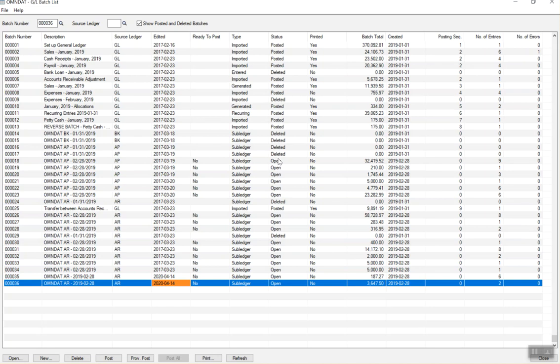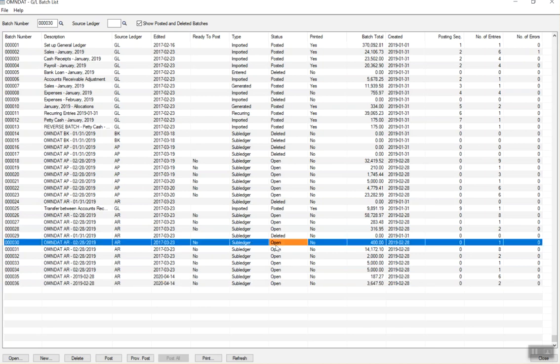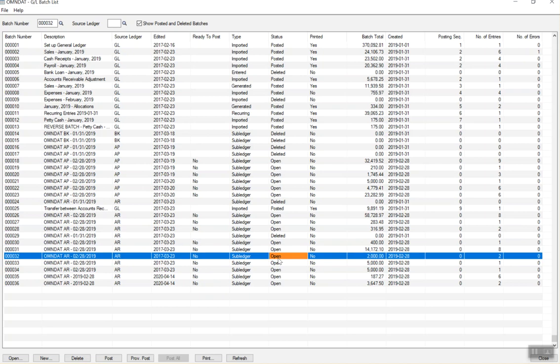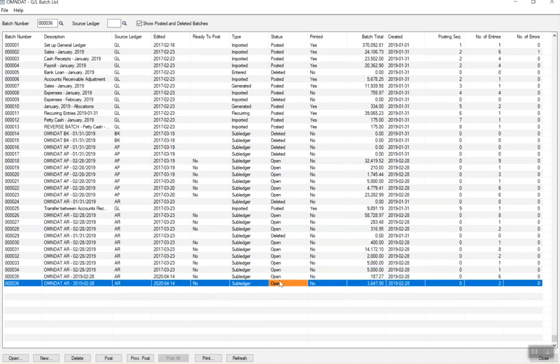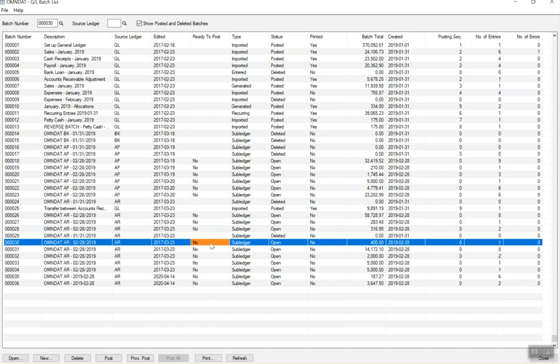After that, everything that you do in the sub ledgers has to be posted in the journal ledger as well. Some companies do it automatically. Some companies want the accountant to review all the batches coming from sub ledgers before they post them into the journal ledger. So here, what you need to do is make sure you review these batches and post them. Before you post them, one thing I'm going to suggest you do, if you're working in a company that should have been set up for you, but it's important for you to review it,